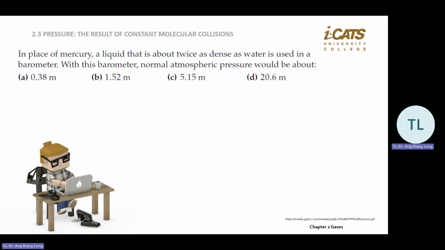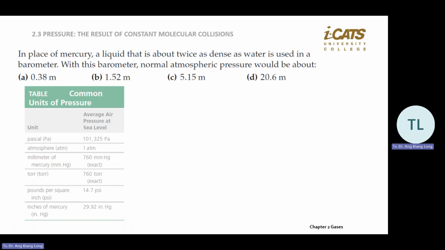So in the place of mercury, a liquid that is about twice as dense as water used in a barometer. With this barometer, normal atmospheric pressure would be about how many meters? Twice as dense as water. Water is 10 point something, 10.3 meter. So double is,